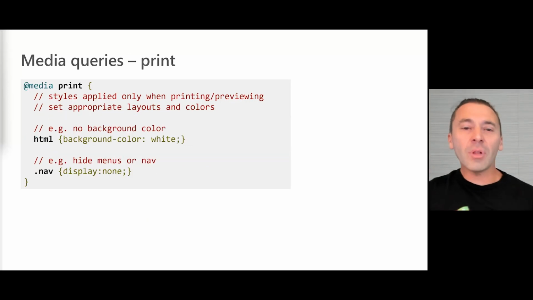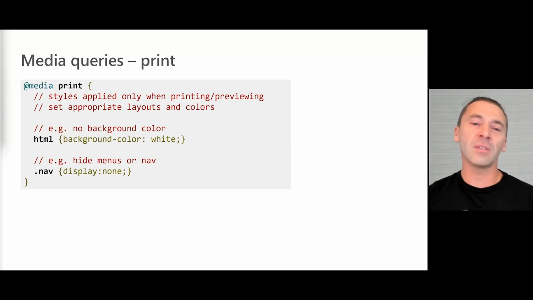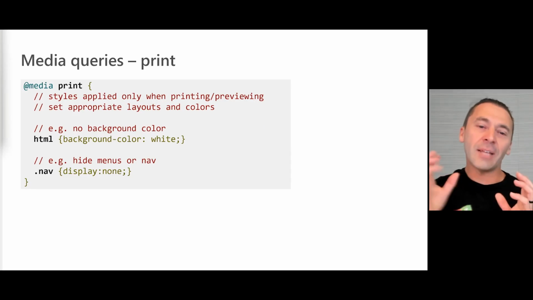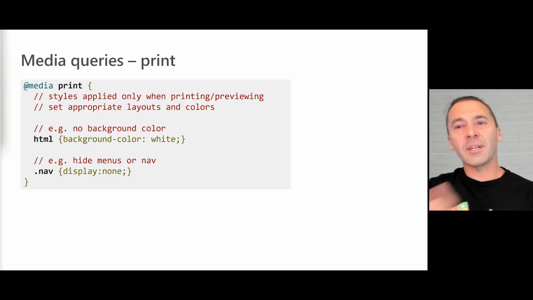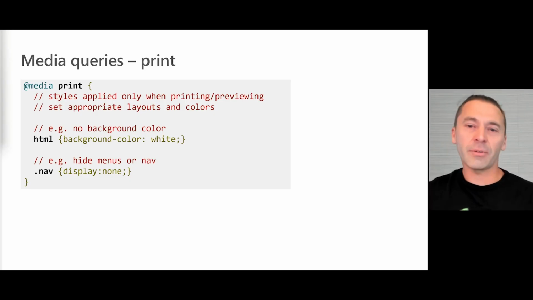So here's an example of a really simple print media query that I might have written. For the HTML tag, it's just setting the background to white. So whatever styling I'd done elsewhere in my CSS, when I want to print it, just white, don't waste my ink. And similarly, I've got a nav div or something, and I don't want to print that out because it just wastes space. So I'm setting the display to none. So this really simple print media query chunk of styles is going to make my output nicer